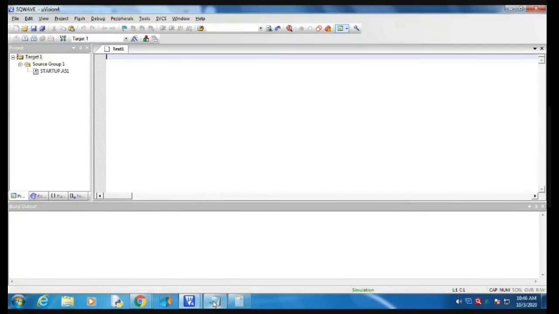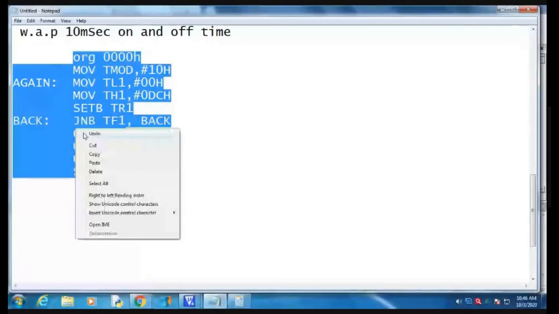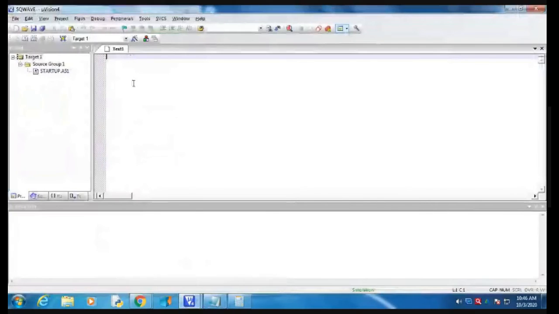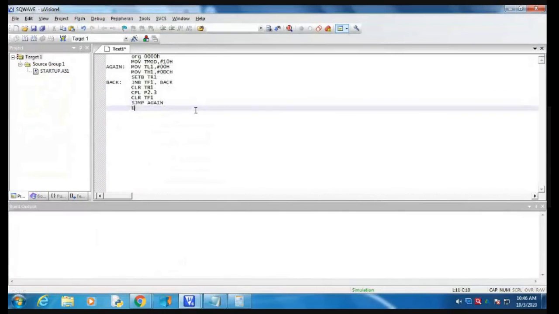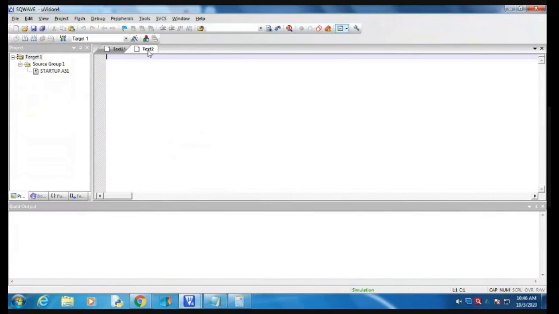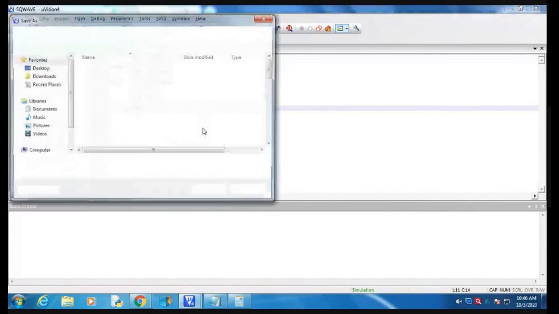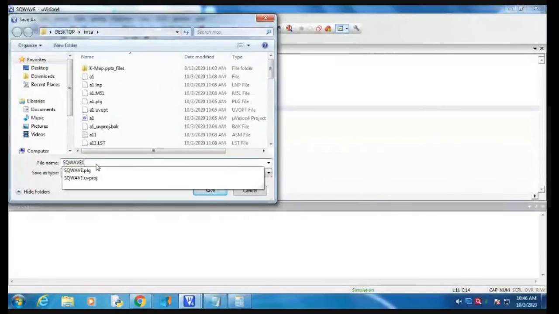I copy this program, paste it here, and the last line is END. Save this file as square wave 1.asm.